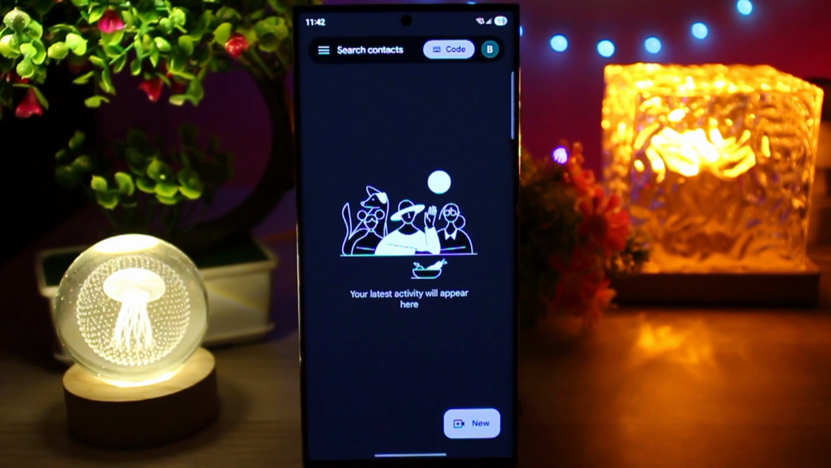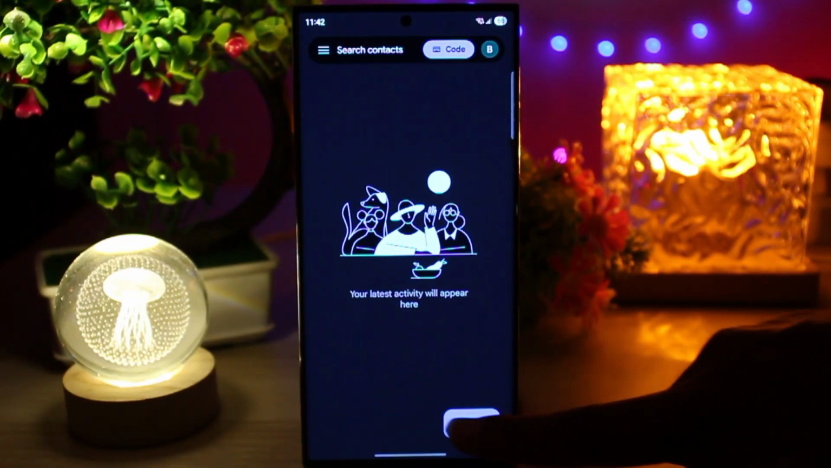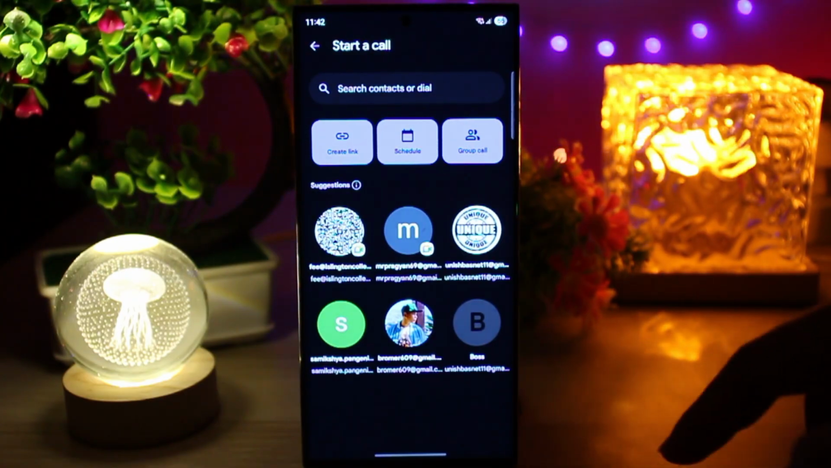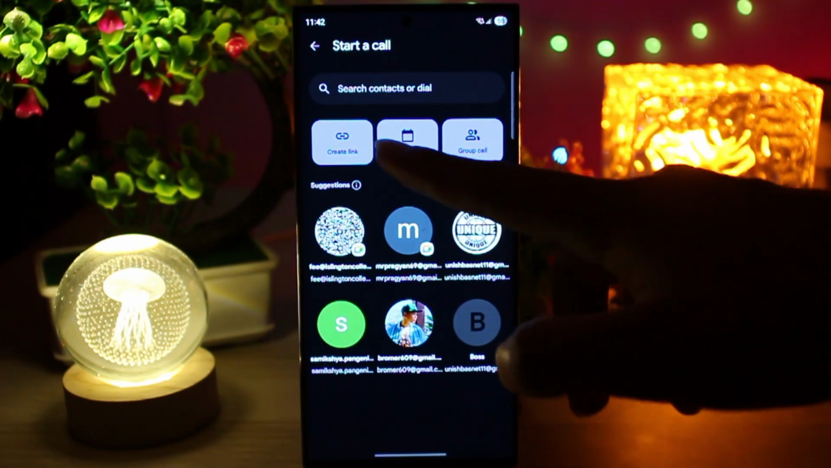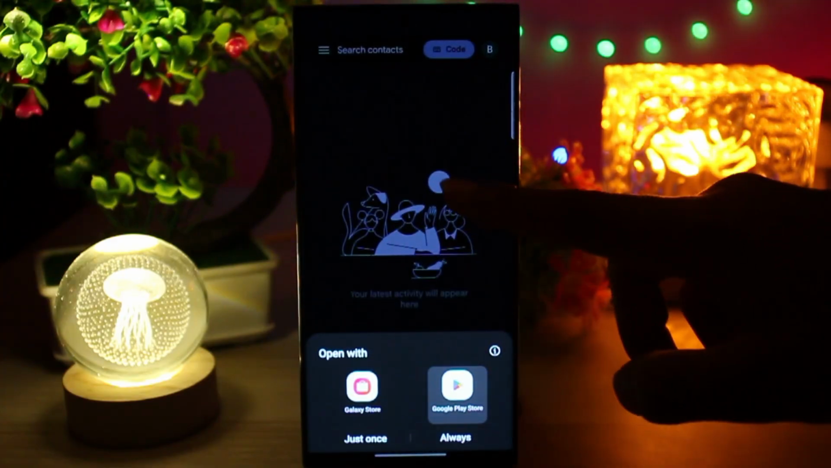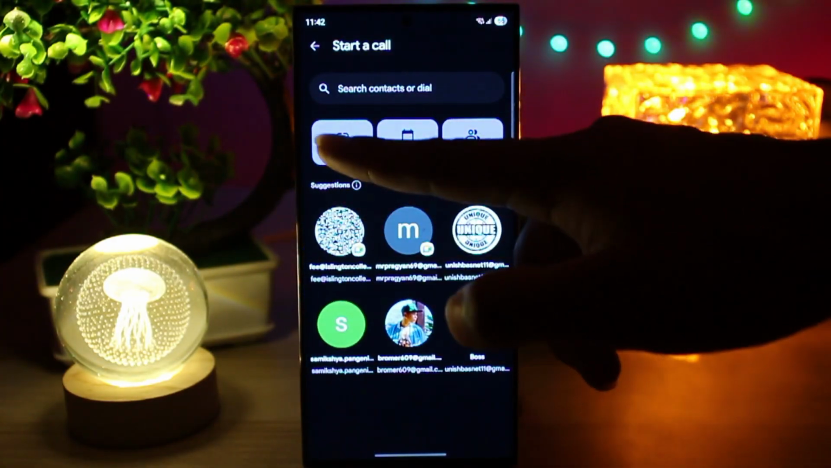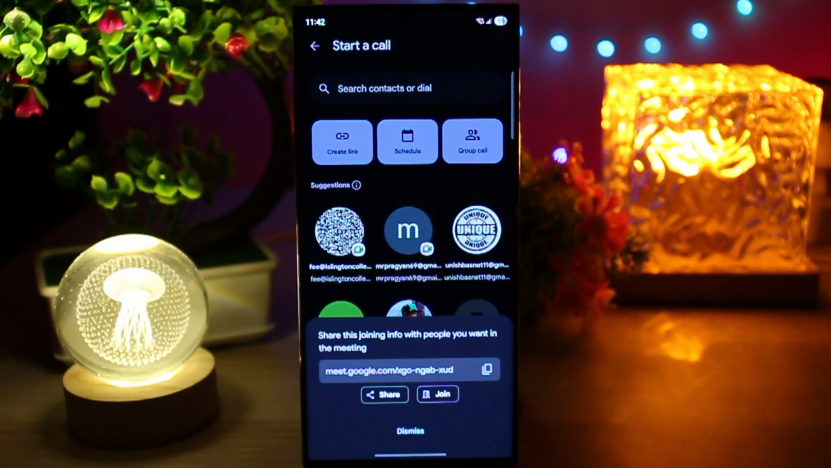Or start a meeting. To start your own meeting, tap new meeting. At the bottom you will see the new option. Click on that. You can create the new meeting. From here you can choose to create a link to share instantly or schedule in Google Calendar. You can schedule in Google Calendar from here, or you can copy the link and share it with the respective person